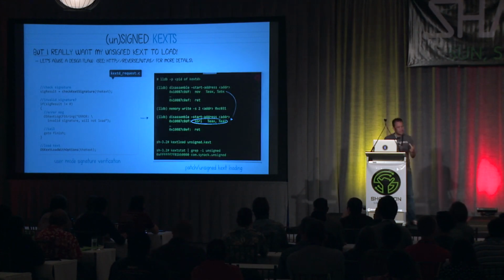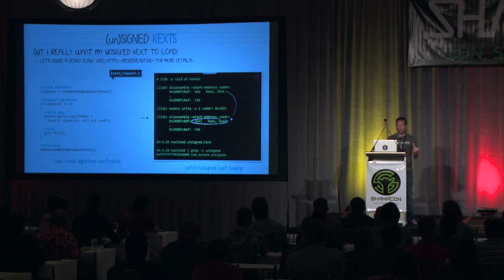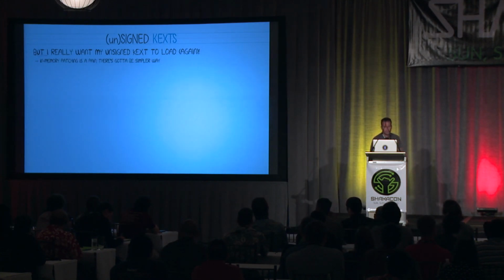So here we can see I use the debugger to attach to the PID of kextd, which again is the program that loads these kernel mode drivers from user mode. What I then did is I disassembled the check kext signature function and just patched it so that it always returns 0, which means status success, signature is always valid. With this patch in place, we can then load an unsigned kext, and it'll be loaded in the kernel. So that technique works great. It's really well publicly known and also requires some low-level hacking, either code injection or in-memory patching.